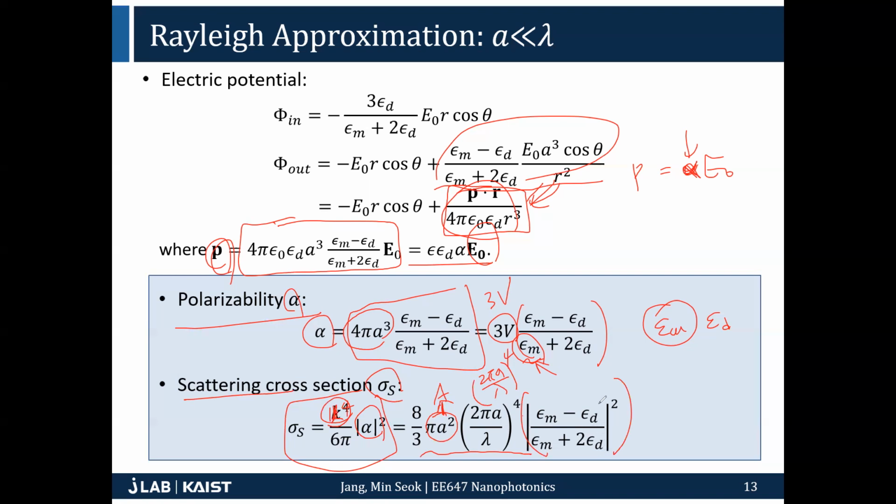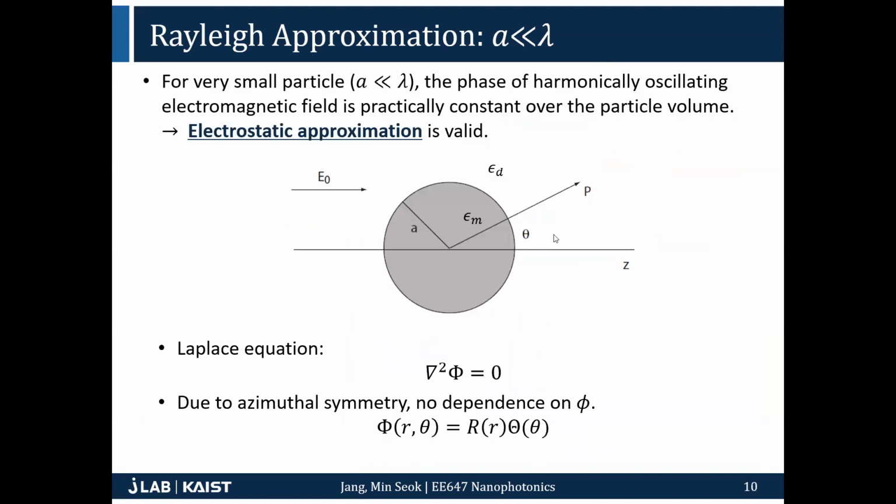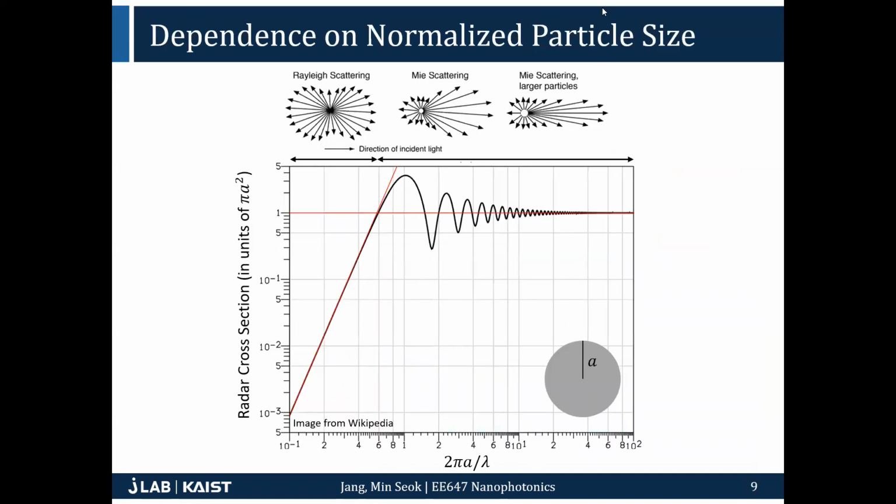So what this tells you is that the scattering cross section of a small particle is proportional to the fourth power of 2 pi a over lambda, right? So that's why we have this dependence. So this actually is the fourth power. You can see here, this axis is a logarithmic scale. So this is actually the fourth power of the